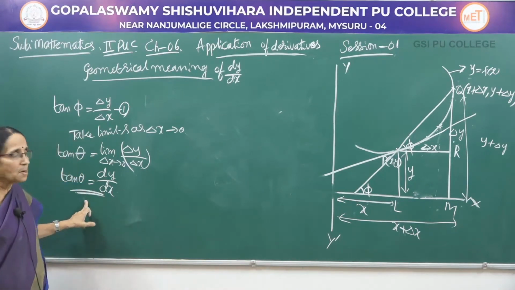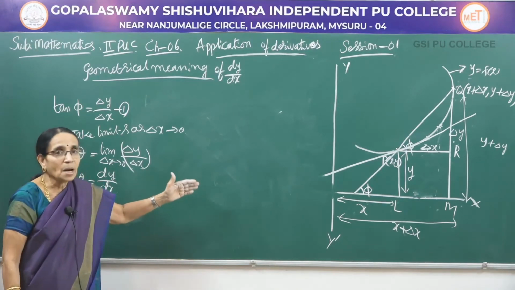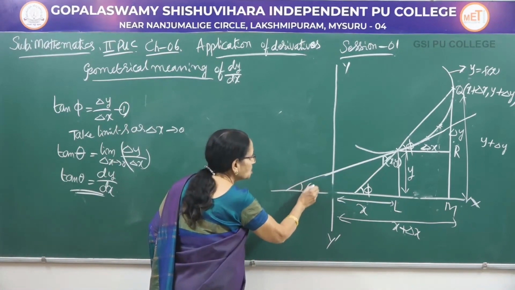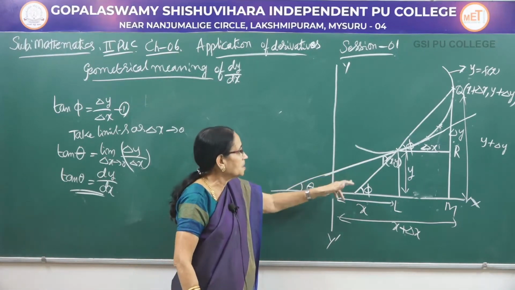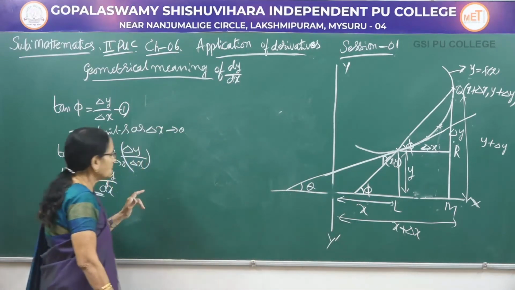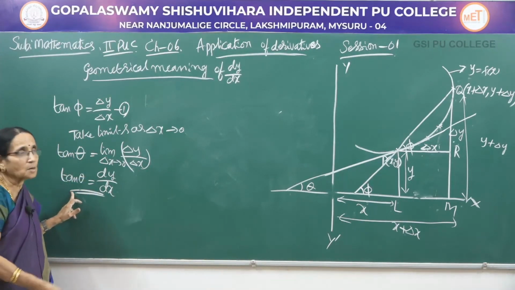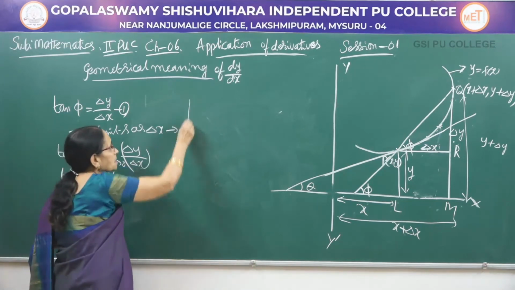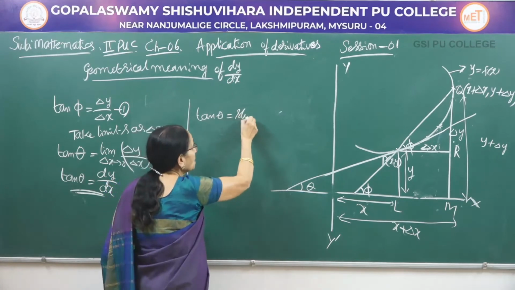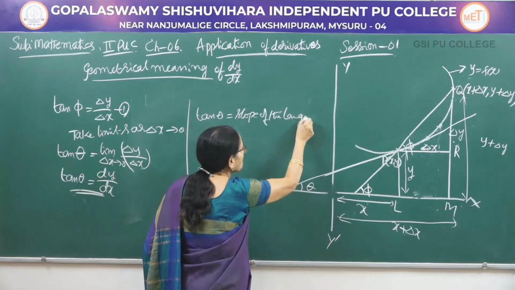Look here at what we have obtained, the same tan theta. And what is that theta? That is the angle made by the tangent with the x-axis, isn't it? When I produce this, this was the angle, and what is this line? It is nothing but the tangent here. So tan theta, theta is the angle made by the tangent. And what does tan theta stand for? Just now I told you that tan theta is the slope of any line for that matter, but in this case it is the slope of the tangent, isn't it?